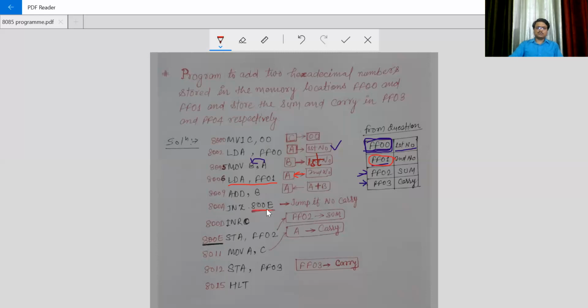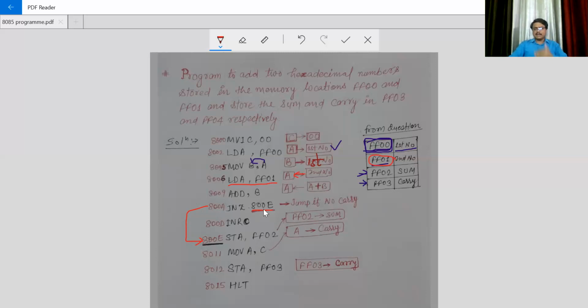If carry is not there, it will jump directly to here, after one line. This instruction will not be executed if there is no carry. It will jump only if there is no carry.